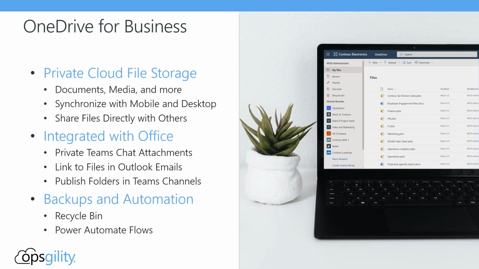So we've already talked about it before, but just to reiterate, the integration with Teams private chat will demonstrate how OneDrive supports private chat for hosting your files, and what you can do after you've maybe shared a file with somebody else in a private chat, but you want to delete it further, or maybe share it out with other people. You can change and get very granular with how you do that. And then storing things in OneDrive is always a good practice because it's both backup and really automation at the